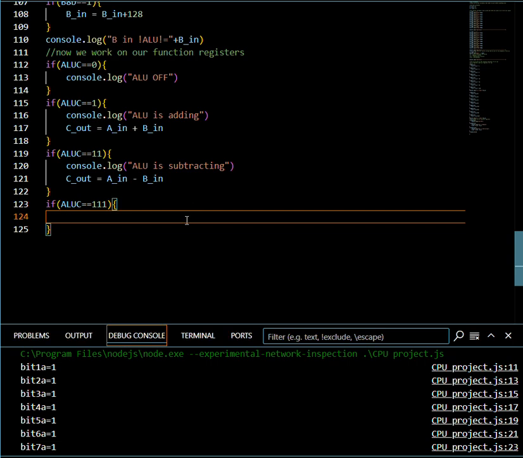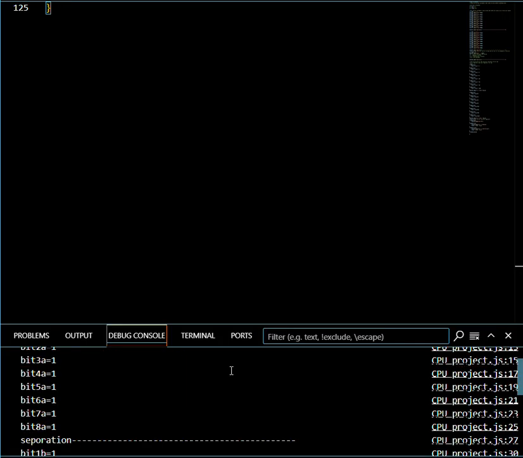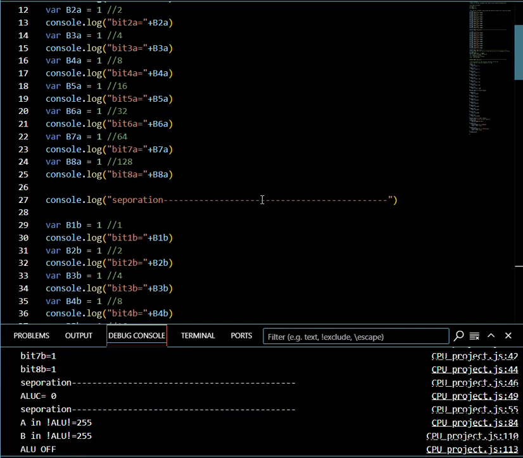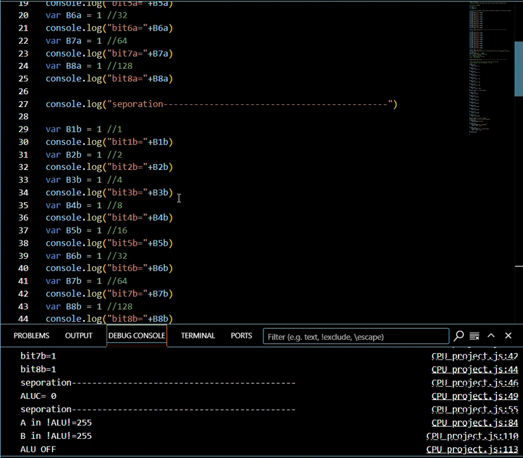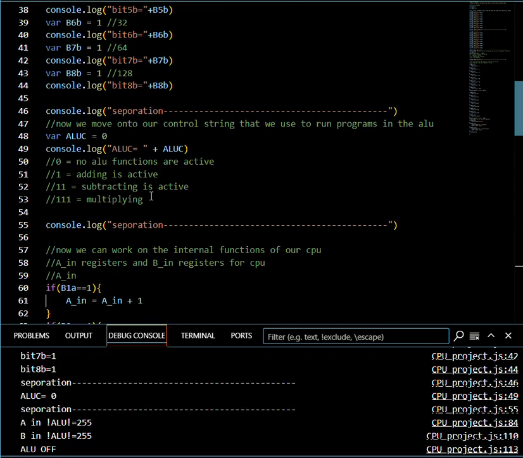Welcome back to another video of my CPU project. I had to cut it short because my screen recorder was too low, but basically now I can show you what my program codes finally do. And what this does is, if you notice right here, if I put 1 in, my ALU will be adding